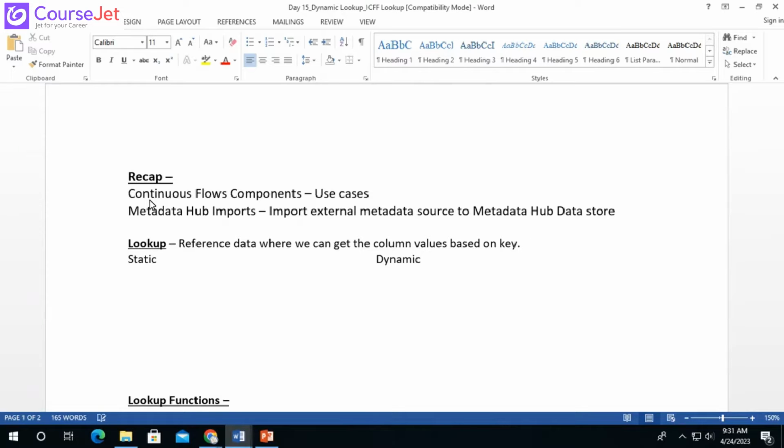So there are two different types of lookup that we have. One is static and the other is dynamic lookup. So what is the difference between a static lookup and dynamic lookup? Static is like once our graph starts, the whole file will be in the memory till the end of the graph. And dynamic, we can load that file into the memory as and when we need, and we can also unload that file from the memory